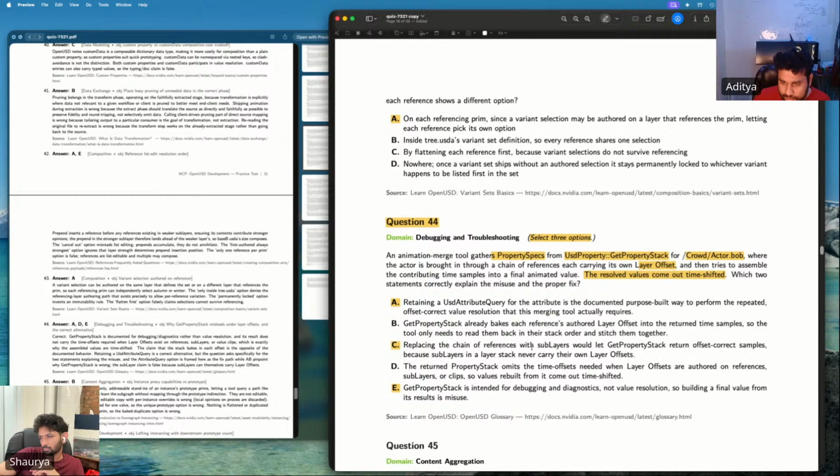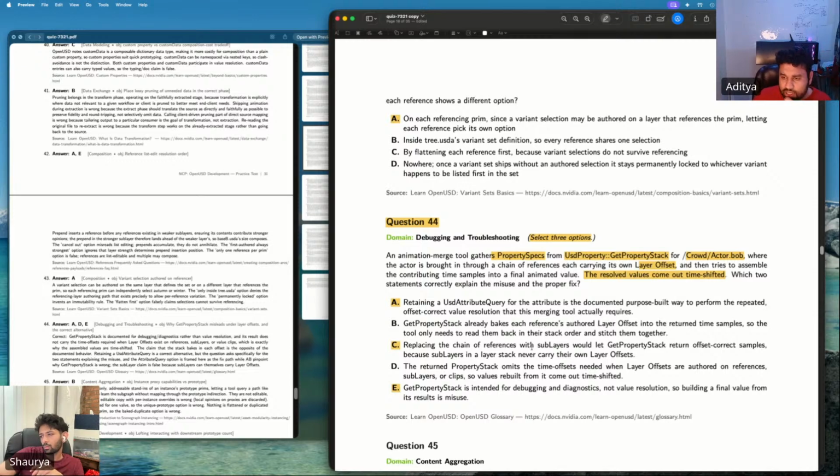Which two statements correctly explain the misuse and the proper fix? A: retaining a USD attribute query for the attribute is the documented, purpose-built way to perform the repeated offset-correct value resolution that this merging tool actually requires. The return property stack omits the time offset needed when layer offsets are authored on references.